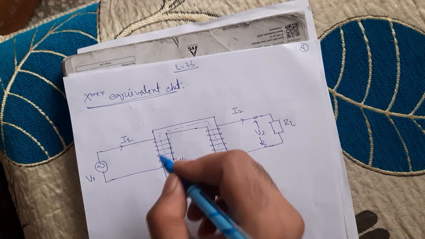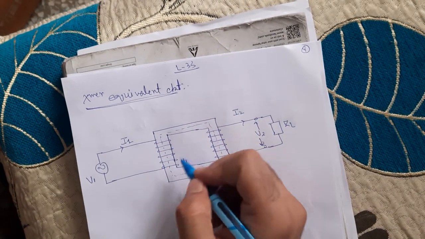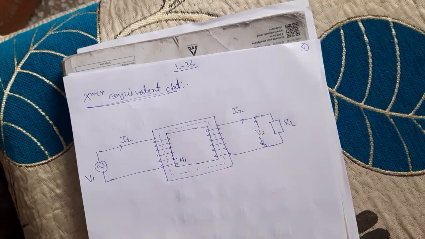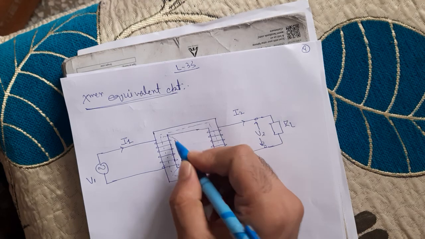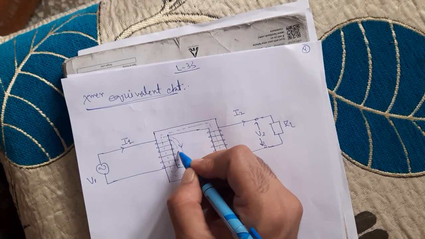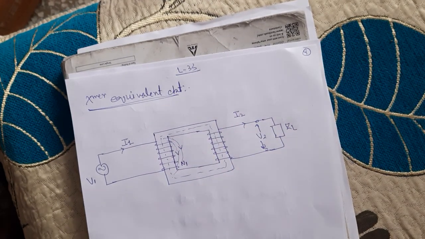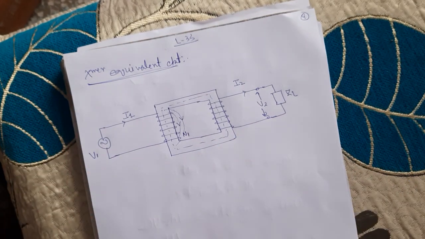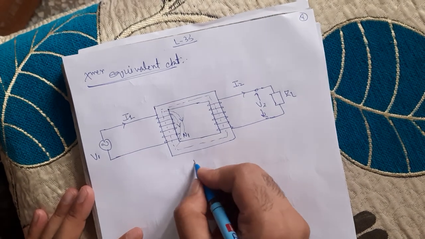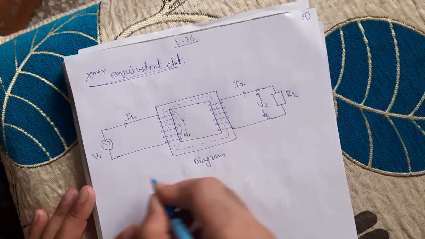Got it? So this is the ideal case where there is no leakage flux, but actually nothing is ideal. So because of that we will have some leakage flux in the system. Okay, so this is a path of the leakage flux. So this is basically the representation of a transformer on a page, where we show the winding transformer or other things. This is not the electrical circuit, this is a transformer diagram.